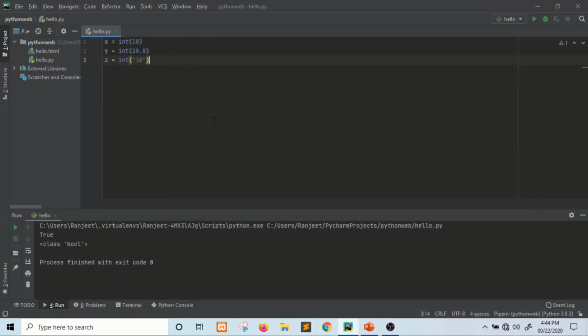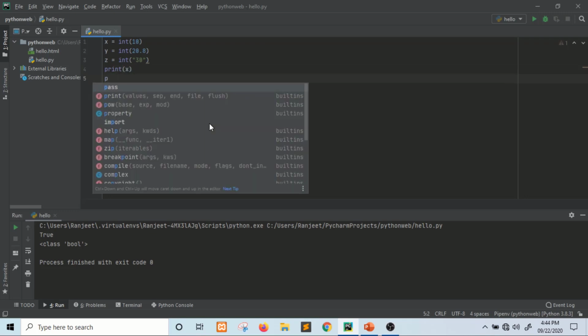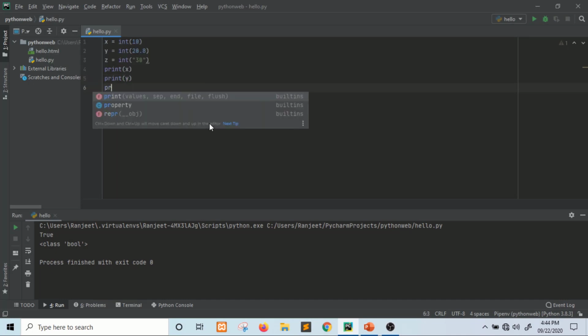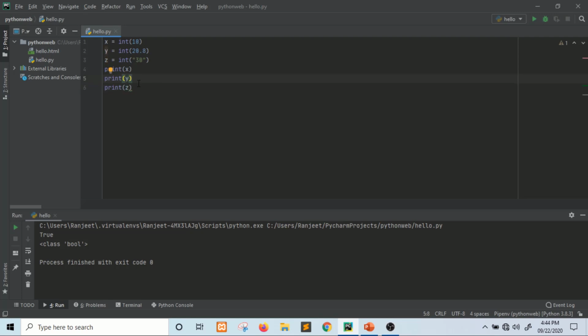Print x, print y, print z. Right. The first x value would be 10, the y value would be 20, and z would be 30.